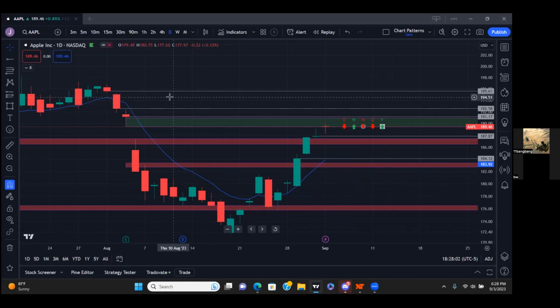And remember, it doesn't always have to go straight to the gap fill. Sometimes we go to the gap fill and we reject it, or sometimes we're just short of the gap fill and we reject, as we've seen with the other examples. Okay, so now let's take a look on the